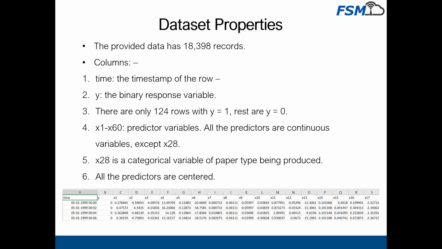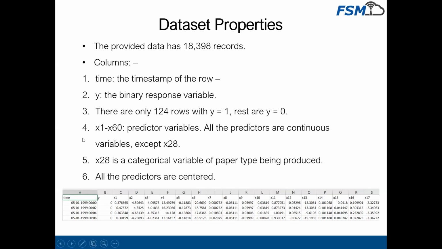Out of 18,400 records, there are just 124 rows which have a tear condition. That's why I have said that this particular condition which has to be predicted is extremely rare. It is lesser than 1% of the conditions. The predictor variables provided are x1 to x60, and the only information given about them is that they are various sensors throughout the assembly line of the roll, from the pulp to the roll, and their nature is not explained.